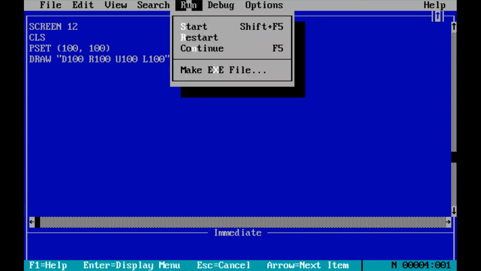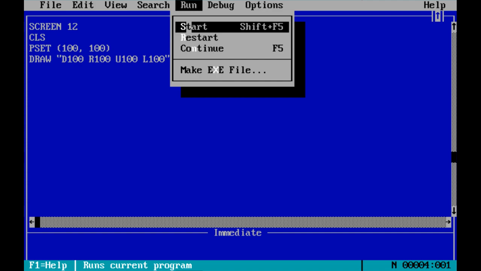Click on run, start. So our square starts from 100, 100.